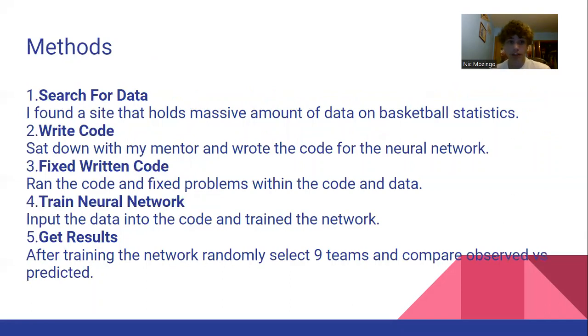My methods for this project: I had to find data on Stephen Curry's past stats so that we could use that for our neural network. So I had to find a place for that, and I found Basketball Reference, which is a free site that has data on NBA, WNBA, and European leagues, which was really cool. And then I had to actually write the code with my mentor, Dylan Howell, who's attending University of Nebraska-Lincoln, finishing up his computer science degree, and is going to work for Amazon this summer. He taught me some things, and we worked on this neural network together.